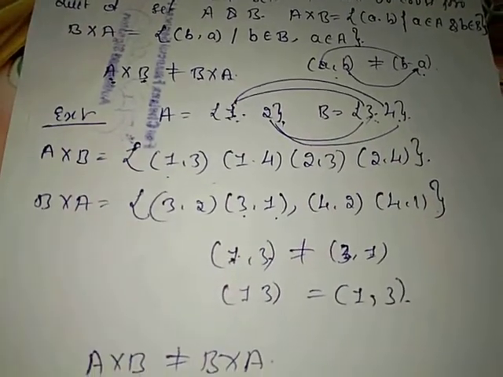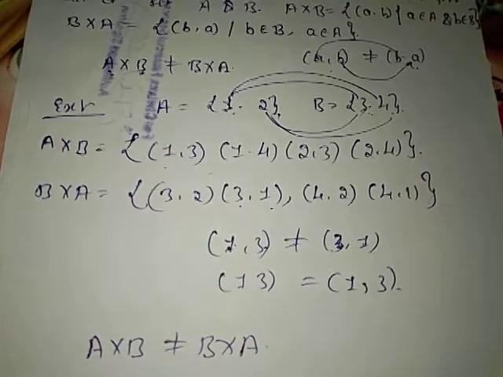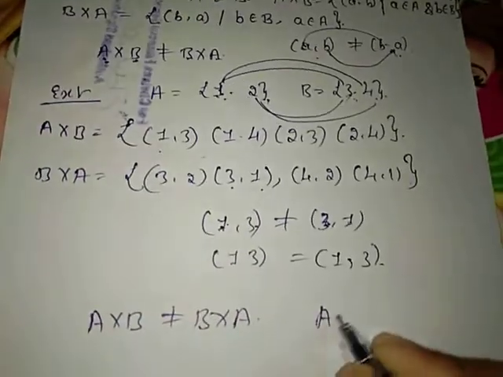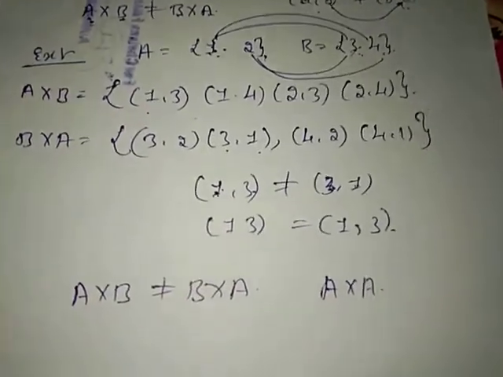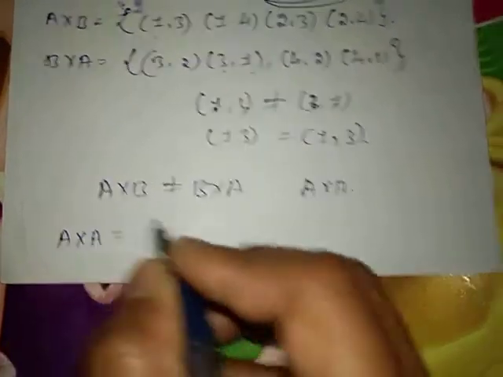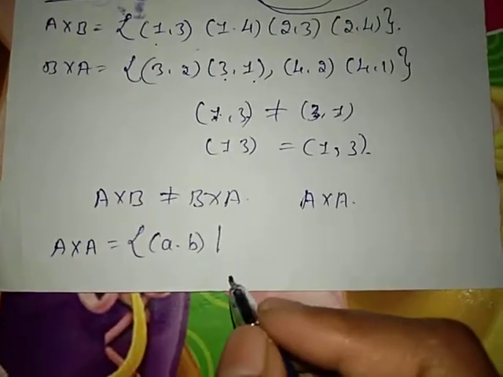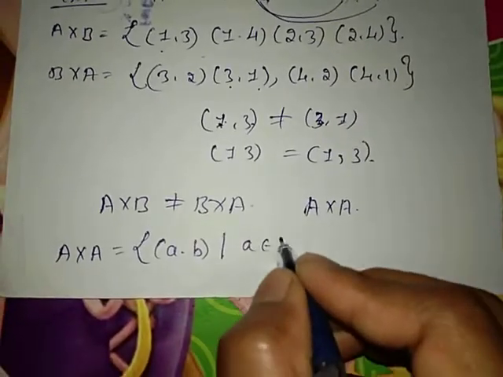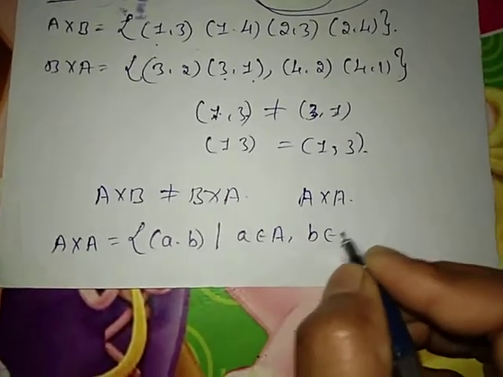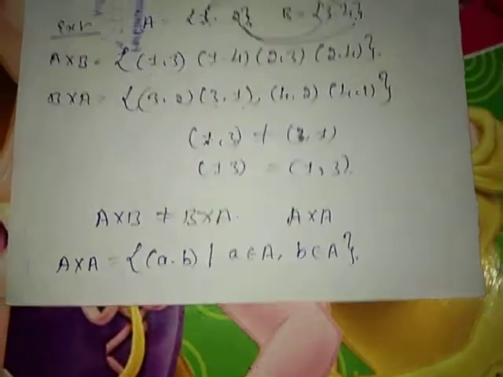It should be noted that although A cross B is not equal to B cross A, the cross product A cross A can also be defined. We define A cross A as {(a, b) : a belongs to the set A, b belongs to the set A}. For example,